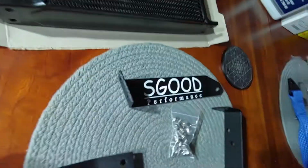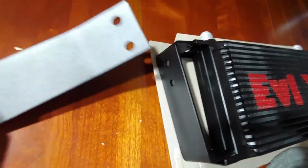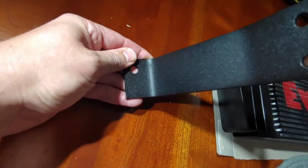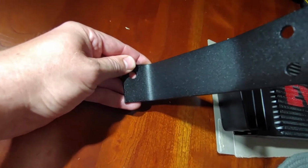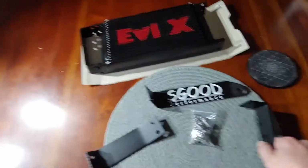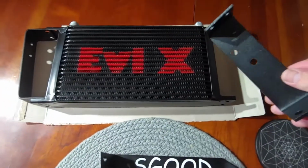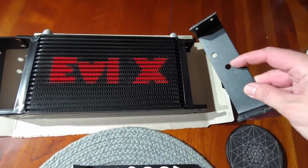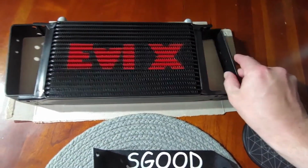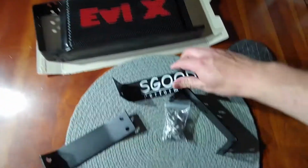On this side, it's going to take this guy. So those will go around here. Then this hole is going to go to that top mount intercooler bracket, that factory bracket attached there. On this side, this piece. So we got 2 holes over here. You want this hole higher up so that when you're fitting it,